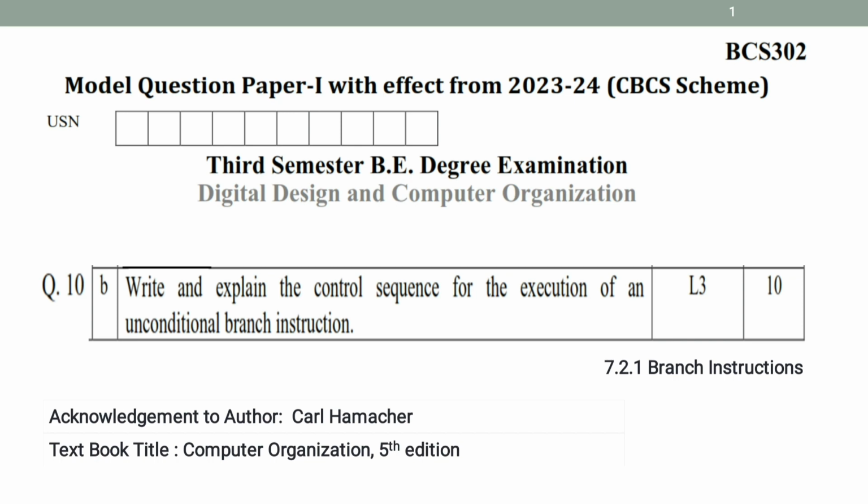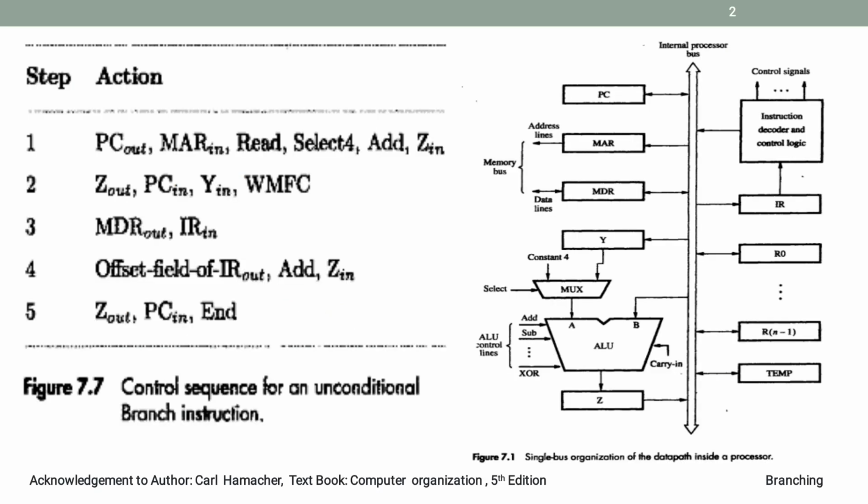asked for 10 marks. Our sincere acknowledgement and thanks to author Carl Hamacher of the textbook titled Computer Organization, 5th edition. The whole content of my discussion I have taken from this book. So figure 7.7, what is taken here? Control sequence for an unconditional branch instruction, that shows 5 steps of control sequence which is needed for the execution